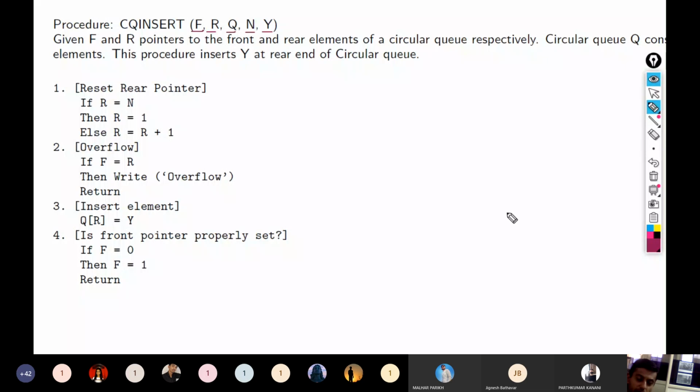So let's take one queue. Say I take the queue for 4 elements. Now this is my circular queue, and there are 4 elements in this queue. To insert in the queue, first of all we have to insert from the rear.